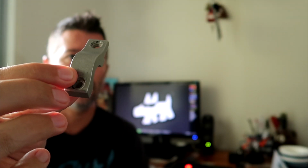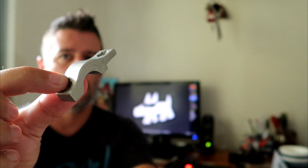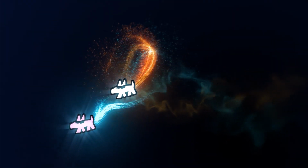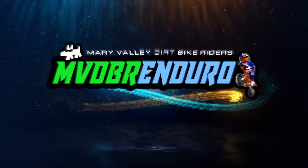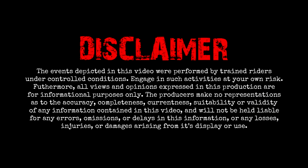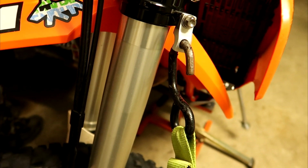Hey guys, today we're going to be looking at turning a couple of these into a couple of these. Why would you want to do that, you're asking? Basically, we're going to be making some custom tie down points that you mount to the bike, to